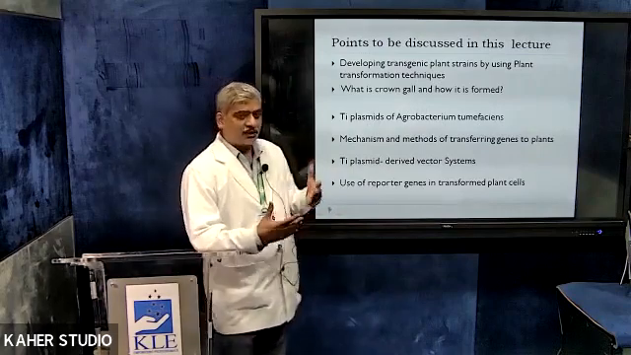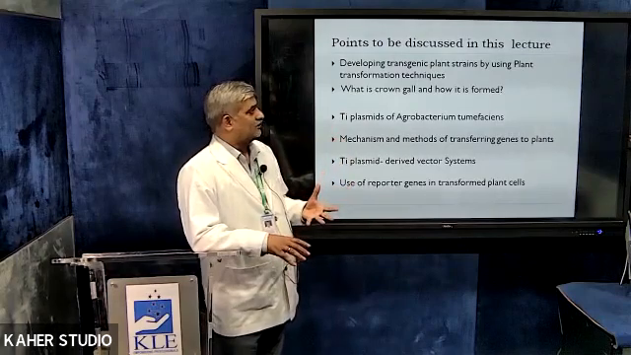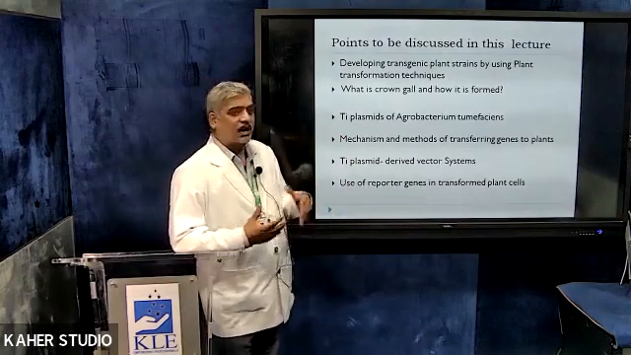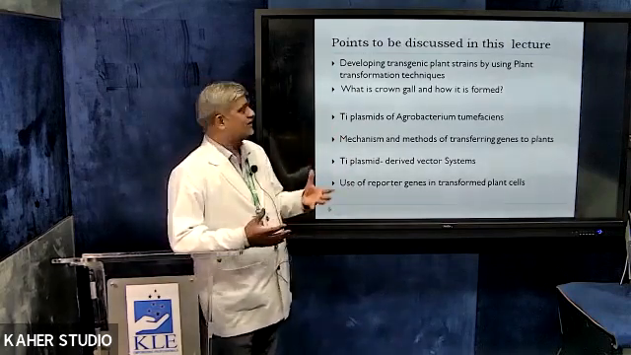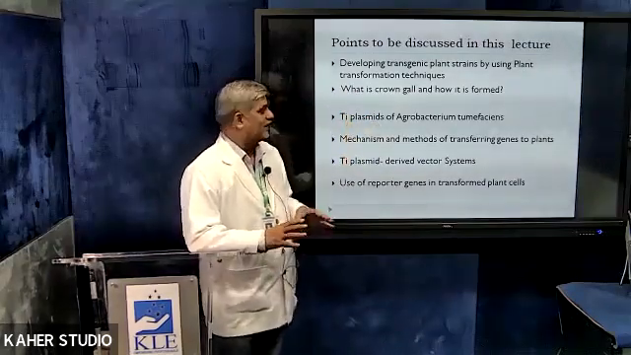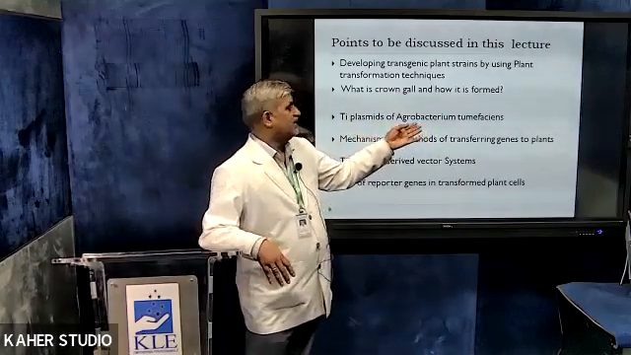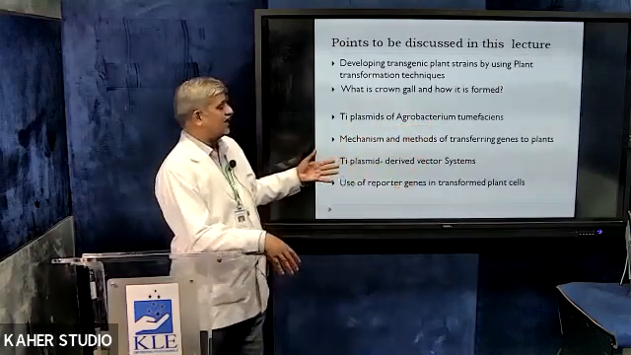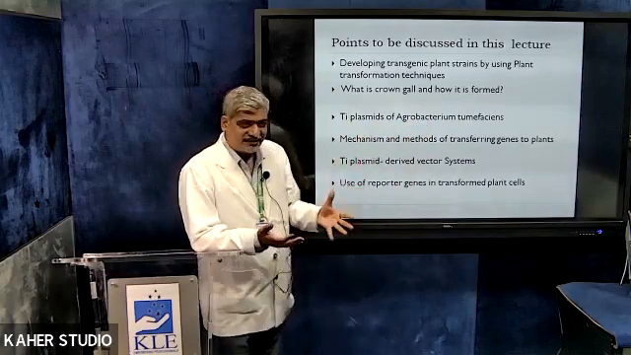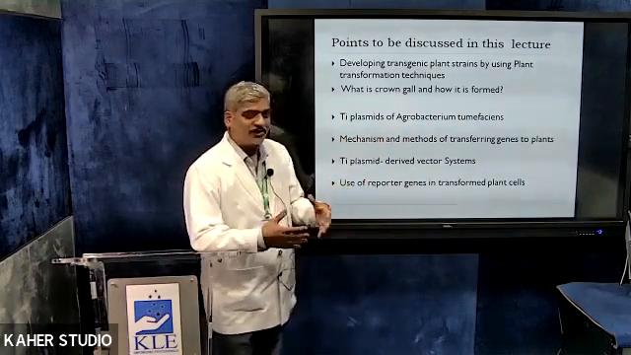The points we are going to discuss in this lecture include how we develop transgenic plants using plant transformation techniques, what the crown gall is and how it is formed, and what Ti plasmids are. Transgenesis is carried out by a number of methods, but in this lecture we will focus on one bacterium-mediated transgenesis, namely Agrobacterium tumefaciens, and the mechanism involved in transferring genes to plants. What are Ti-derived plasmids, which are components of the Agrobacterium tumefaciens plasmids